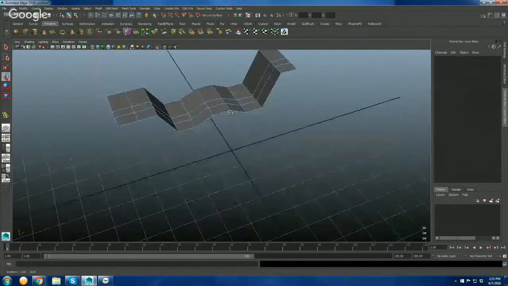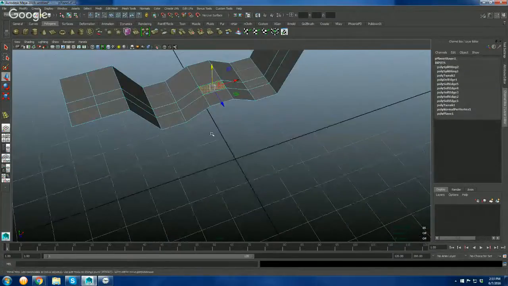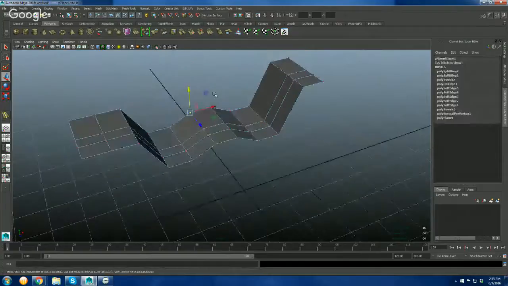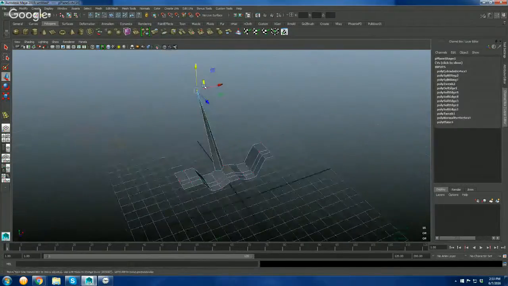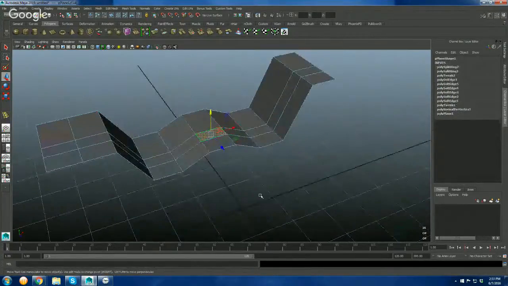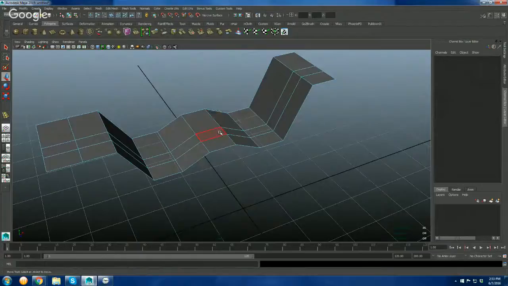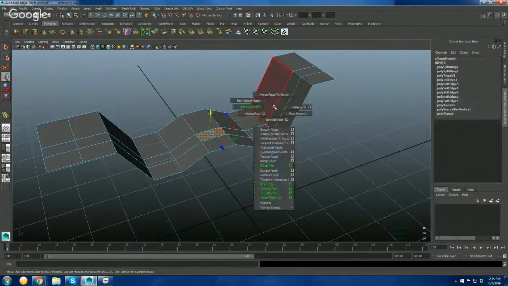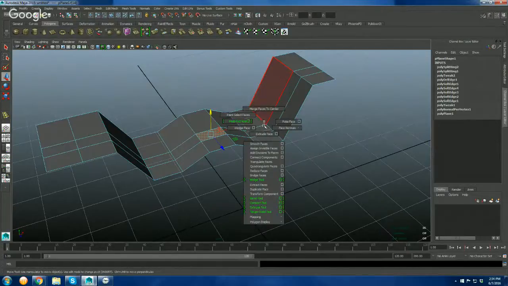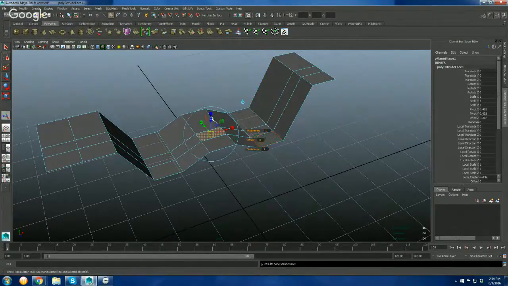So the other way to go about it is, if you click on a face, it also works on edge, and it does work on vertices, but you won't use it. To get the extrude option, you click on the face and shift right click, extrude face. So I can move this side or this side or this side,